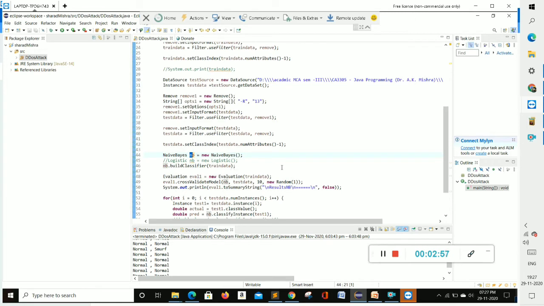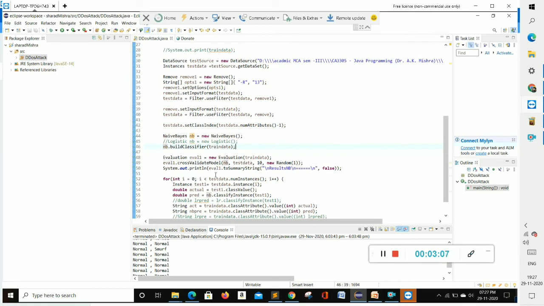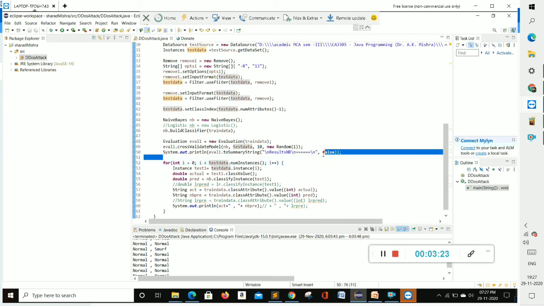With the help of this object we are detecting accuracy. I will show in a few minutes the accuracy rate and information about accuracy. And then I am creating an object of eval one with the help of the evaluation class. And after that we are creating the result of our code output with the help of the source code.